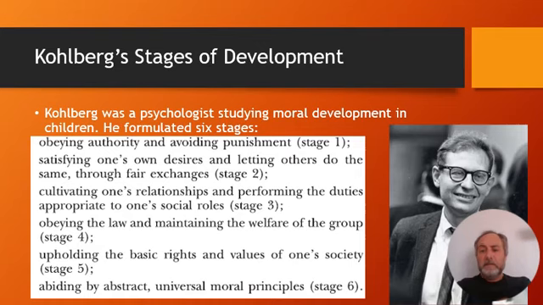And after observing groups of children for some time, he formulated 6 stages that he thought children advance through in terms of their moral development. So stage one is obeying authority and avoiding punishment. Right? This is hardly morality. It's almost the same thing that a psychopath can do, or Jeffrey Dahmer. They understand, okay, if I do this thing, I'll get punished or put in jail or whatever. So I guess I shouldn't do it, but they have no sense that you should not do it because it's wrong.